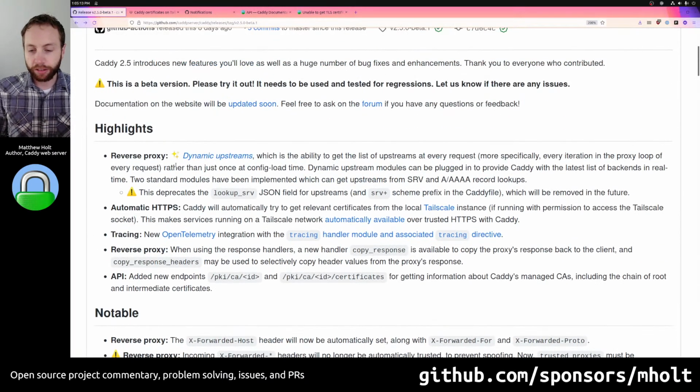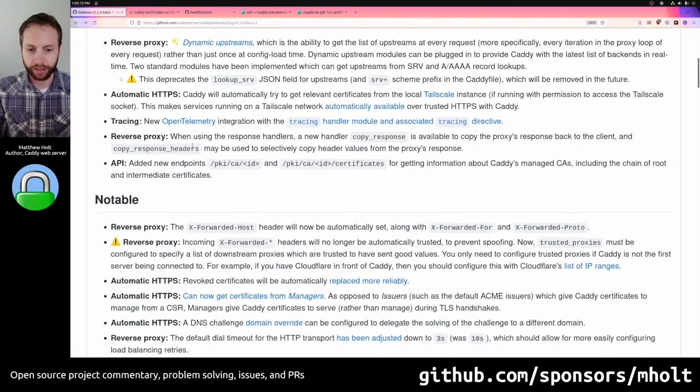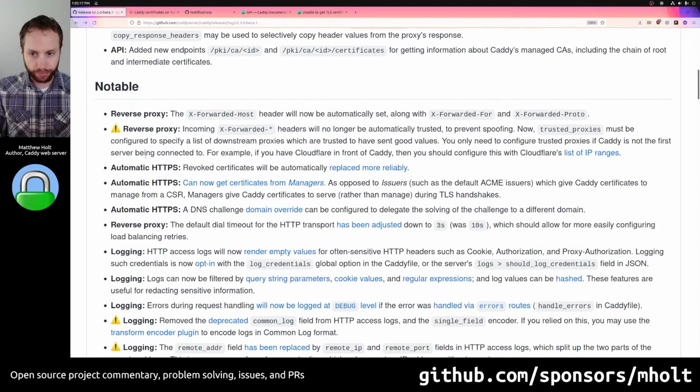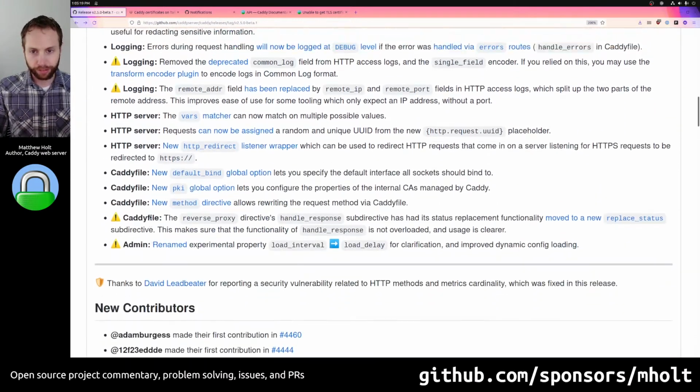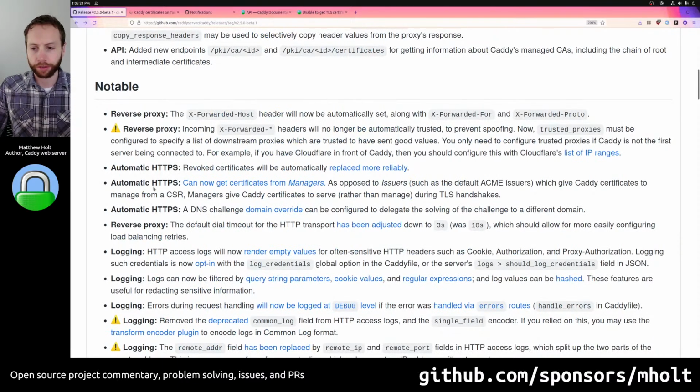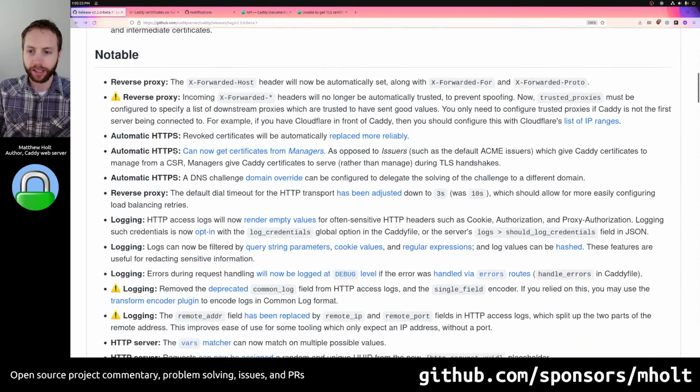So those are the main new features of Caddy 2.5. I think they're really awesome. We have a ton of notable features though too. I want to just walk through here. Maybe we'll look at a few in depth, but the